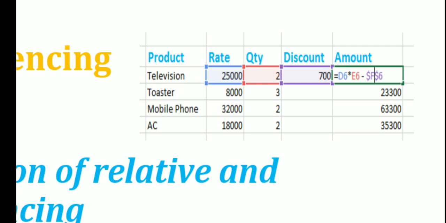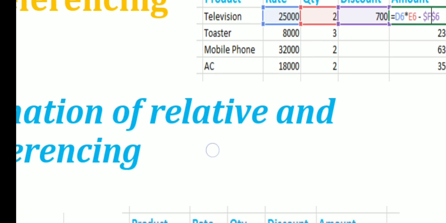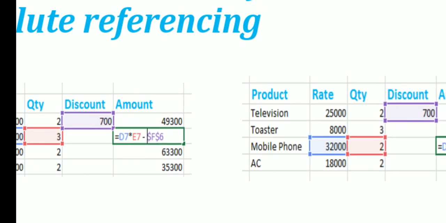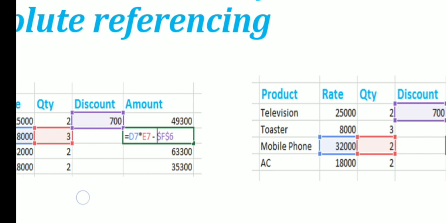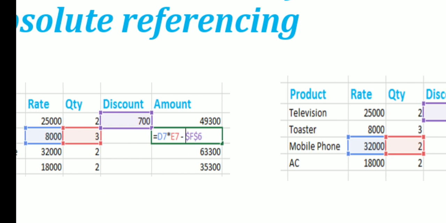Keep it in mind. Relative cell referencing and absolute cell referencing are differentiated using a symbol called $. If you use $ while referring to a cell, then when you copy the formula to the next row, see here, it is again referring to the same cell, F6. Please look into the selection. In relative cell referencing, automatically the source cells were changed, but in absolute cell referencing, it is always pointing to a